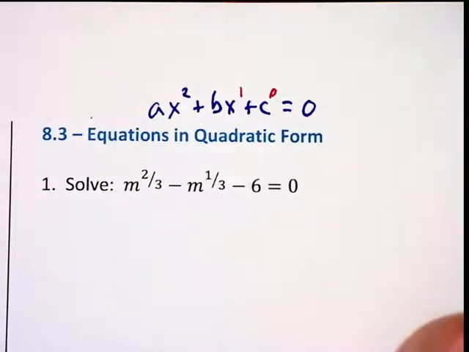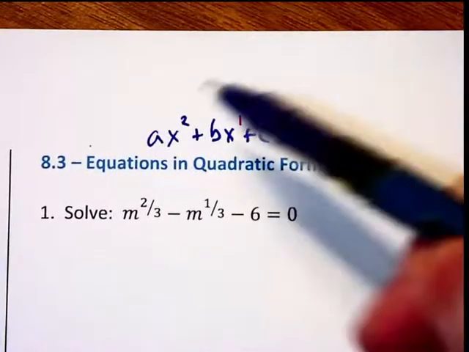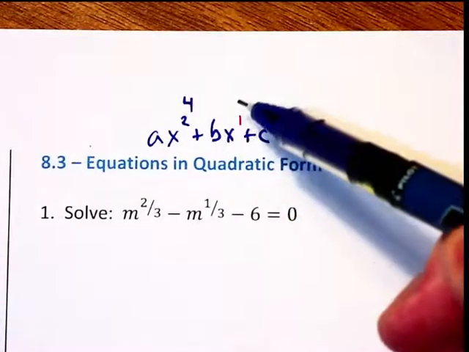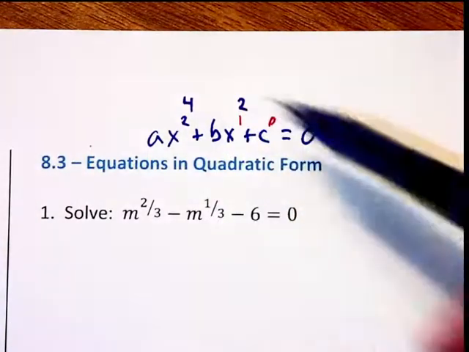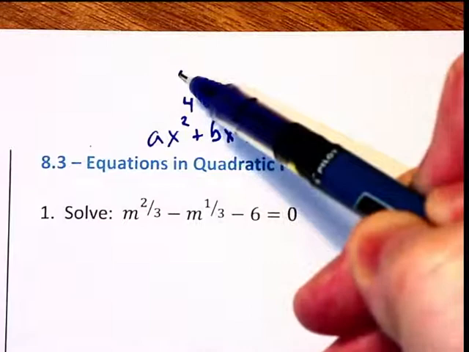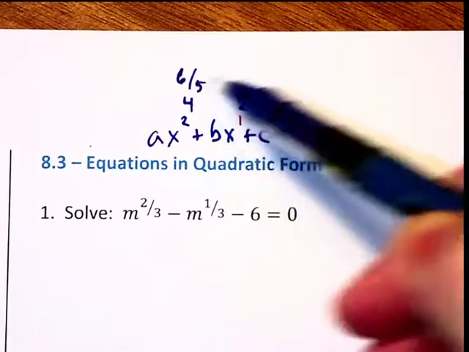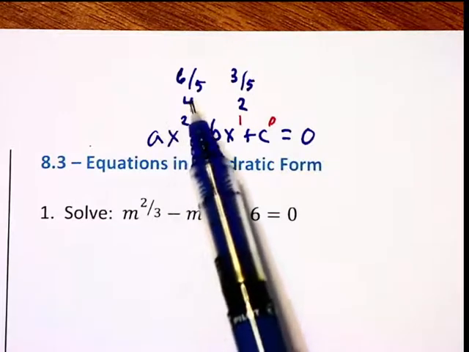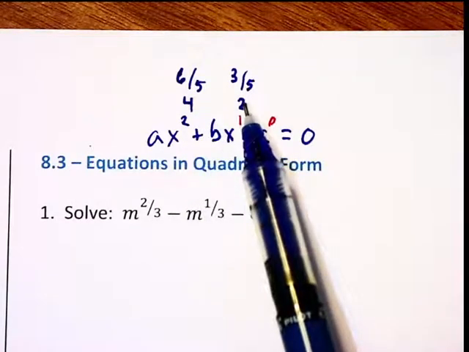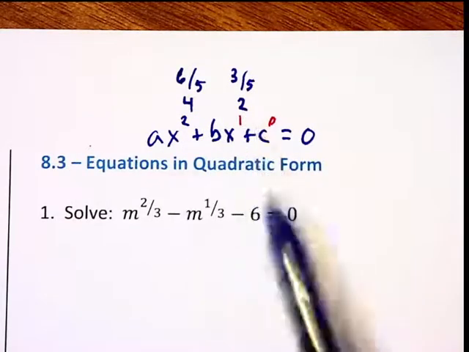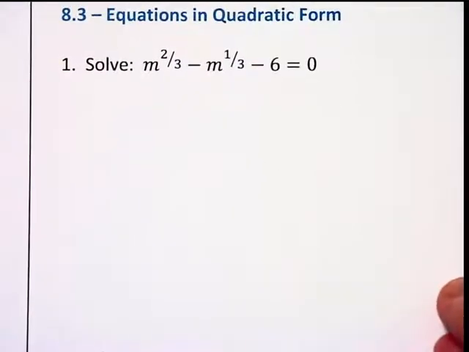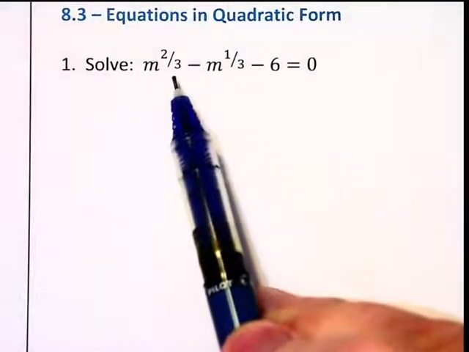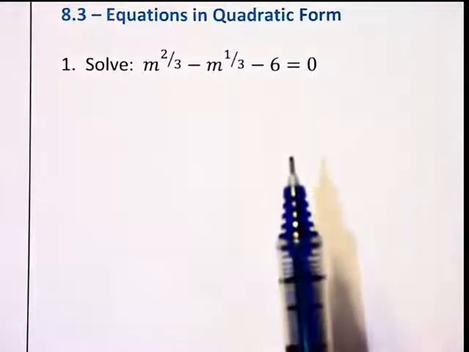Now what we're going to see in this section is sometimes we're going to have exponents of 4 and 2. Sometimes we may have something like 6/5 and 3/5. But what's going to be happening is that the first exponent will cut in half to the second exponent in that descending order of exponents. Now we notice that in this first problem we have 2/3 and 1/3 as our exponents,